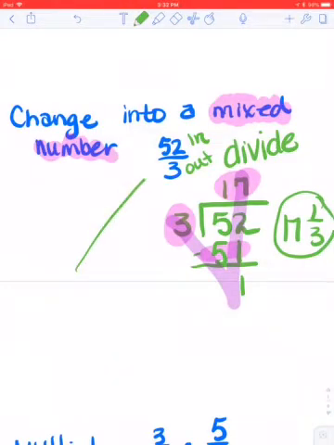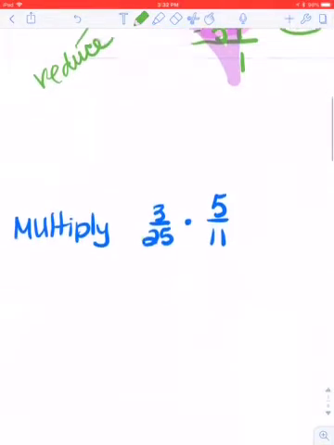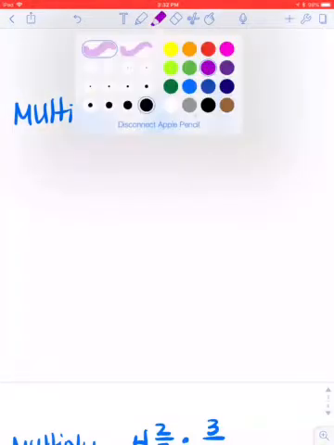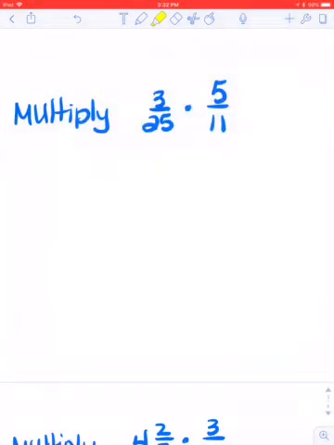Okay. Now you may want to check this at the beginning just to see if it can reduce or not. That would make your number smaller from the very beginning, if that's possible. Okay, now the other ones that we're going to look at have to do with multiplying. Now remember, they both have to be a fraction, and we can see both of these are. And so when we did that, we talked about kind of going across. So that means in the top it's going to be 3 times